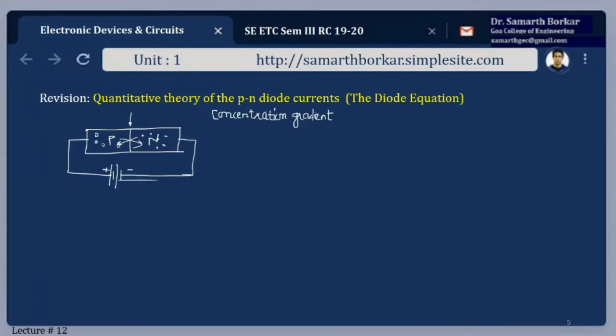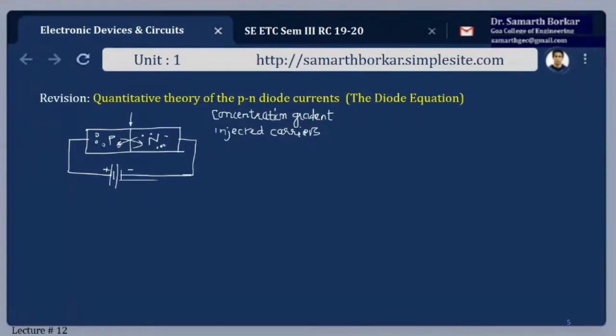Now, look here, the number of electrons is more. As these electrons are pushed into the P region, these are injected carriers. Now, what are injected carriers? For example, these electrons, when they are moving towards the junction into the P region, when they come over here, they are referred to as injected carriers. So injected carriers can be holes or electrons. If holes are moving in this direction, they are referred to as injected holes.